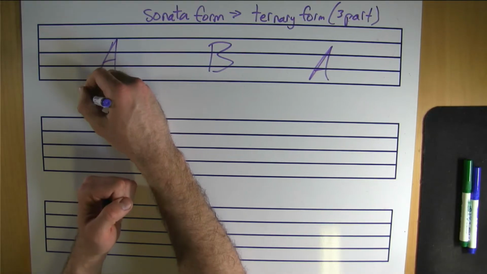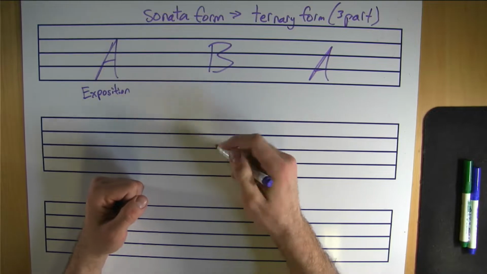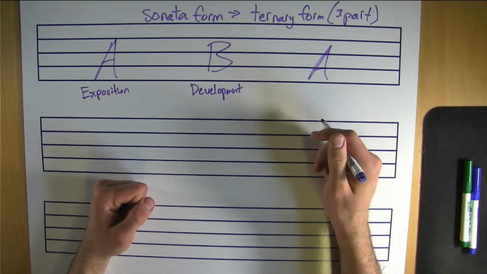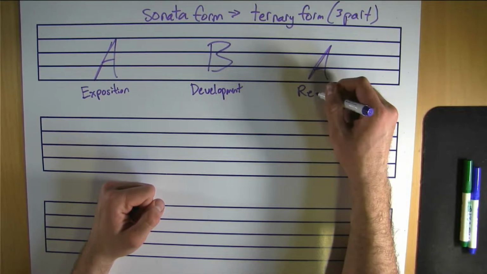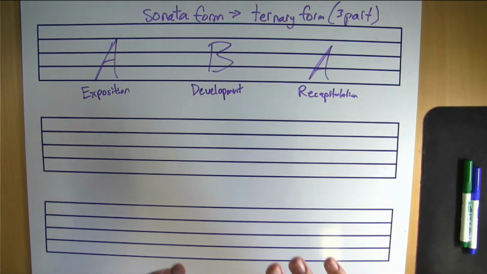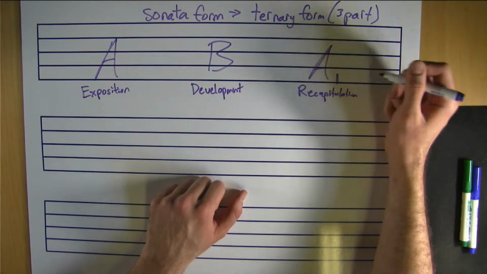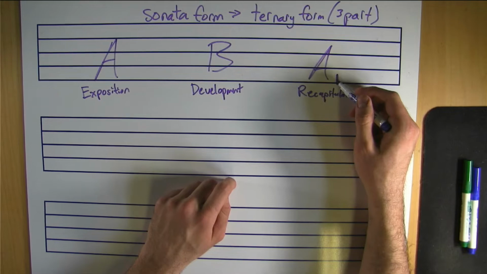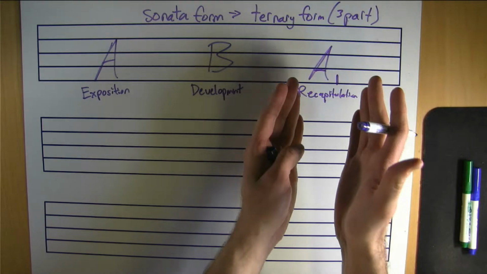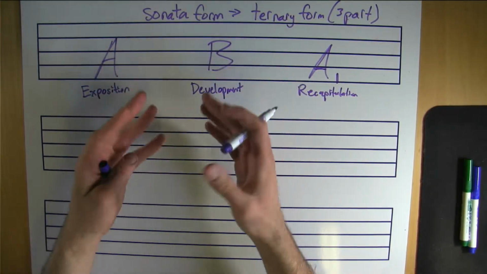The first A in sonata form is called the exposition. The B section is called the development. And the A, when it returns, is called the recapitulation. Now, in sonata form, it's very important that this A, when it comes back, is modified somehow. That's what this prime means. So A, B, A prime tells you that this A has been changed due to whatever musical development happened here